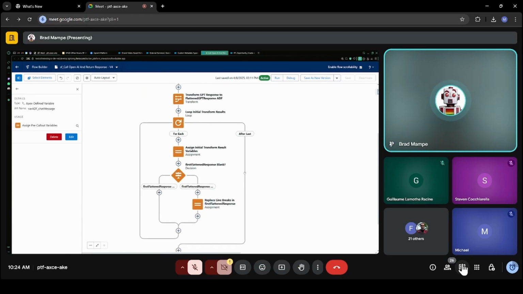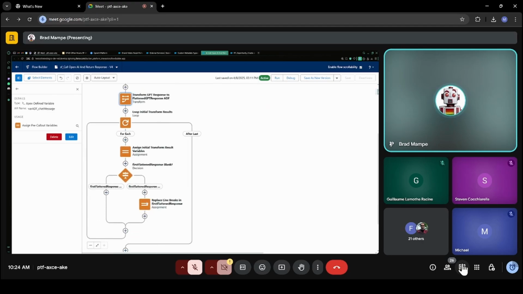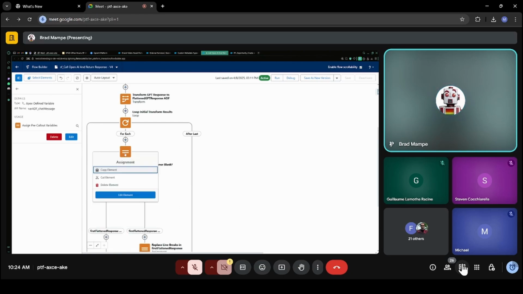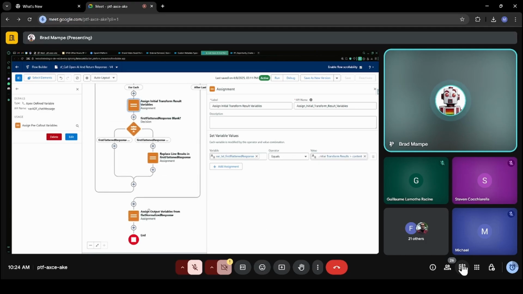Everything that follows, again, is something that is more gracefully handled in Apex, and I'll save you the particular pains of it. But it's going through this transformed variable and assigning the content to this variable.